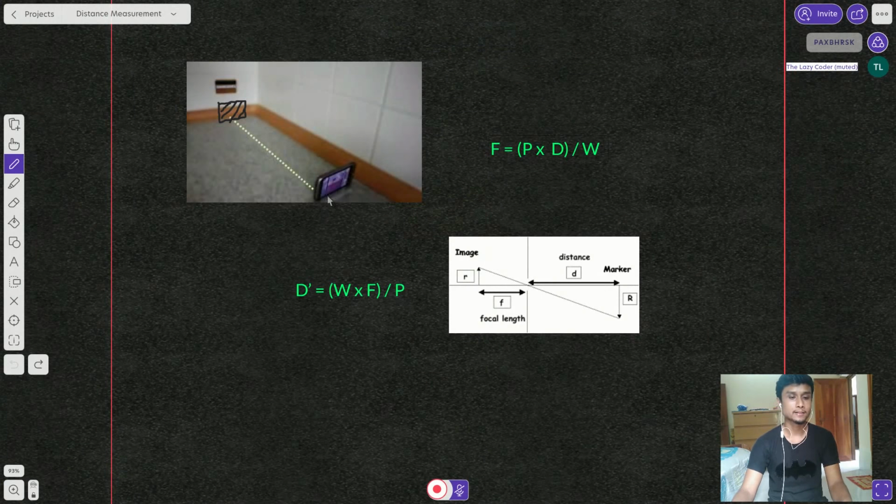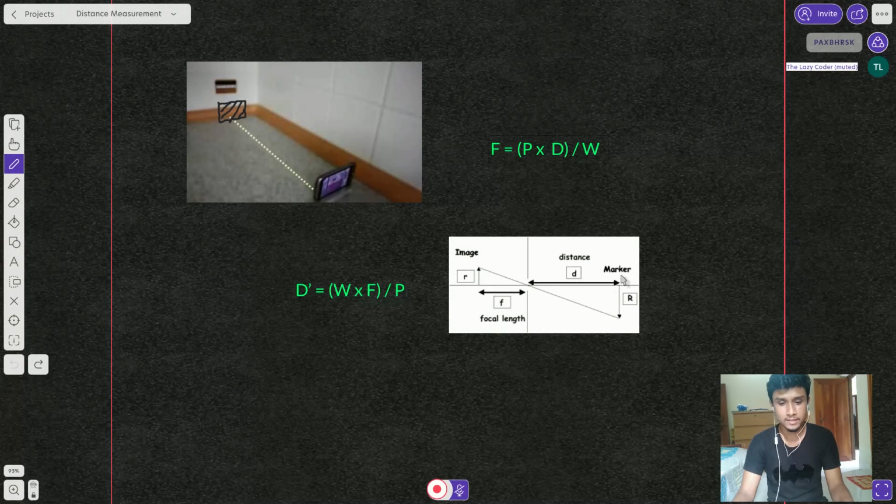After we have tracked the persons, we need to measure the distances between them. So how can we measure the distance from person to person in a photo frame? This distance measurement algorithm is very interesting, and I am going to describe it now. Suppose there is an object over here and we have taken a photo from our camera, so that we can measure the distance from our camera to the object. We are going to use these formulas for the distance measurement. Don't worry, I will make it very clear to you.